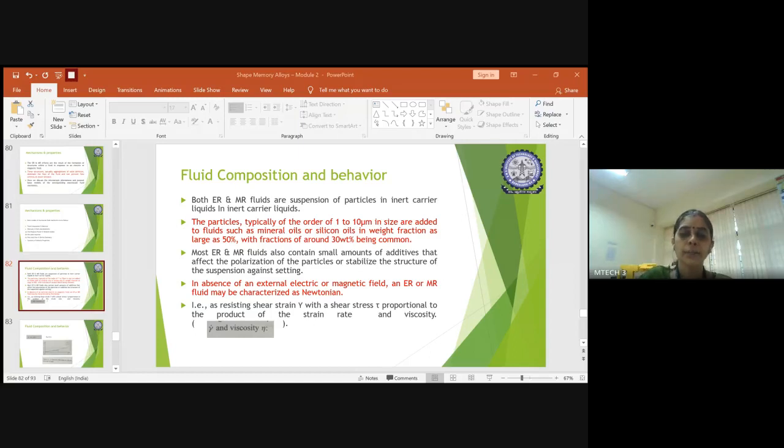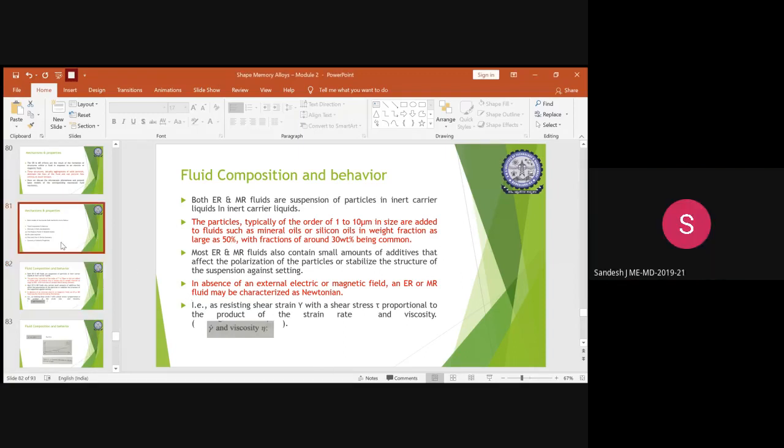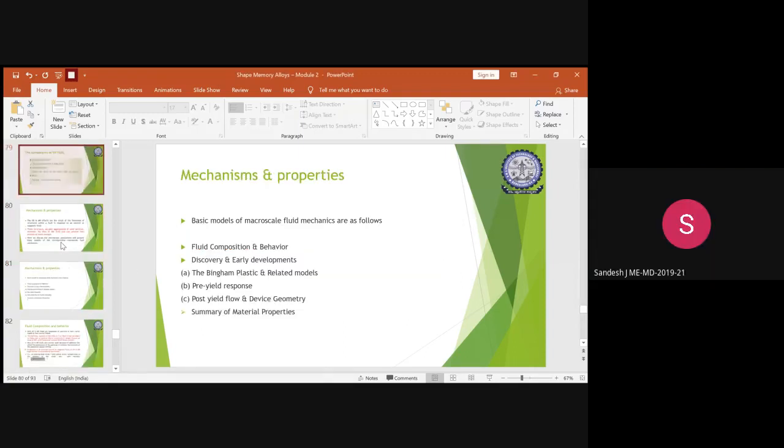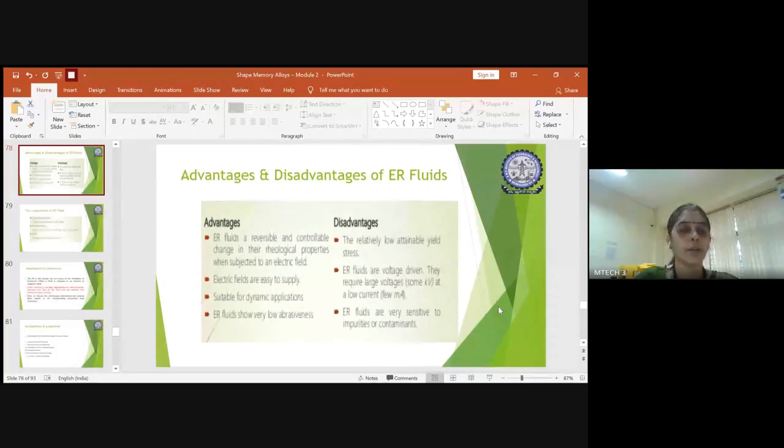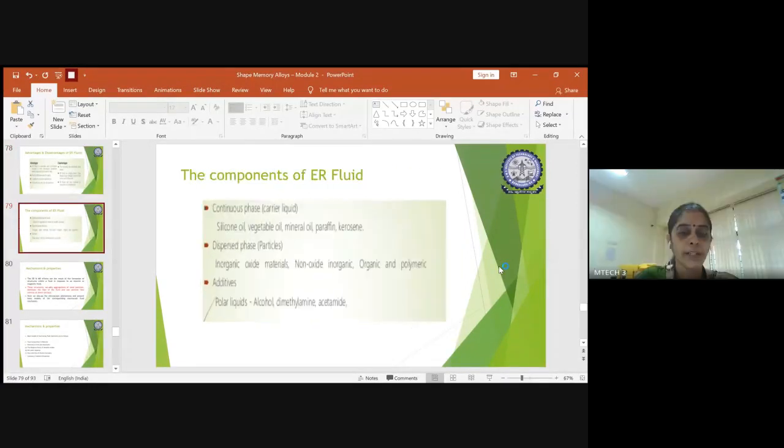Can anyone let me know what we dealt with in yesterday's class? What was the topic we dealt upon? We learned about the working principle of magnetorheological and electrorheological fluids, the components of both fluids, advantages and disadvantages, and we started on mechanism and properties. So we dealt with what basically an ER fluid is, its working principle, the components associated with it, and also